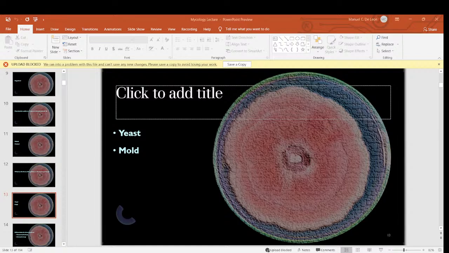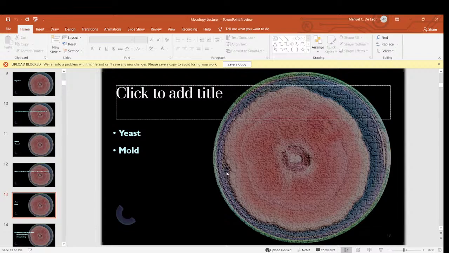All right, so this is the term used for long branching or non-branching filamentous structures of fungi. This is known as, as I mentioned before, your hyphae. In plural form, this is known as hypha. By the way, guys, this is also known as the microscopic unit of a mold. And the collective term for hypha or the mold colony is actually known as what?